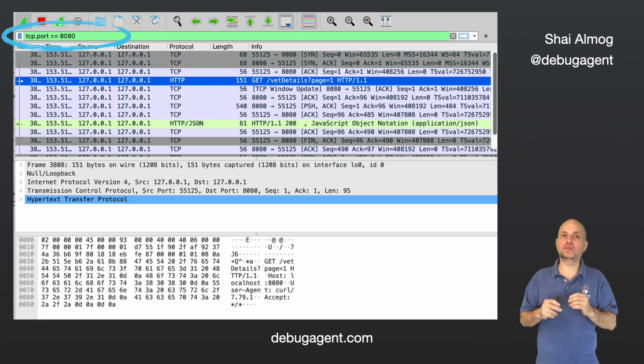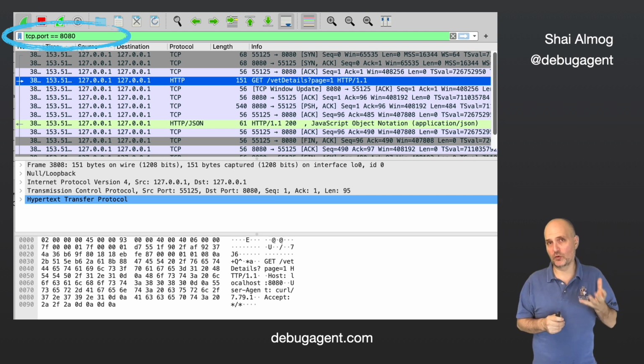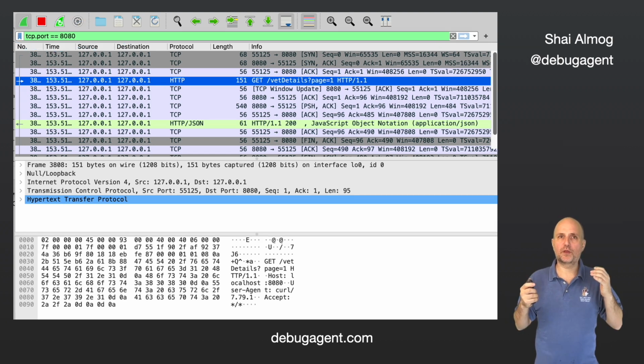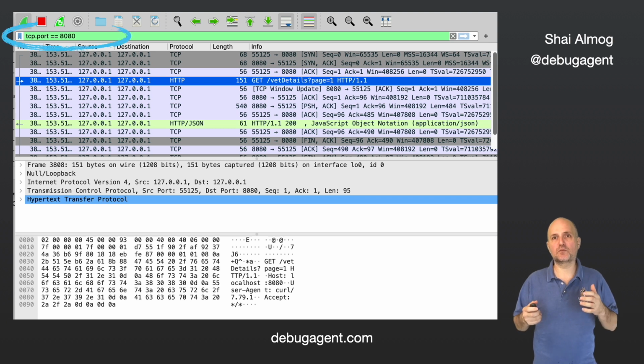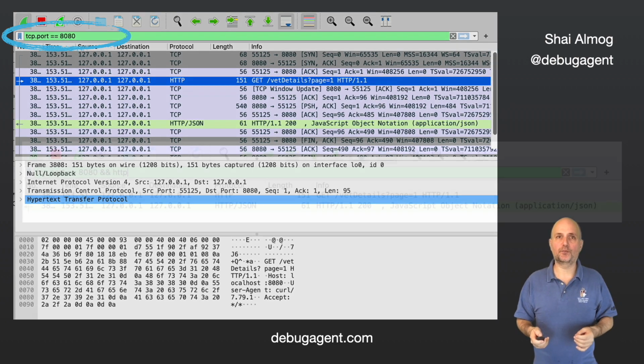Luckily, we have display filters that let us remove the noise by focusing only on the specific port which we're interested in, with the condition tcp.port == 8080. Notice that my server is running on that port, which makes it pretty easy to filter everything else. This brings down the noise considerably, as you can see here. Still, there's a lot of noise because of the protocol. Notice that Wireshark is smart enough to recognize and even highlight the HTTP request made to the server.